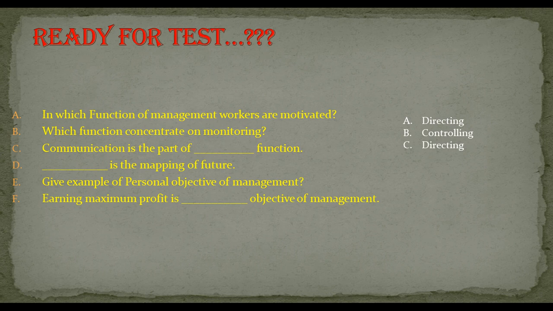Second, communication is part of directing. C. We try to tap the future in planning. Salary and perks are examples of personal objectives. Earning maximum profit is an organizational objective. So we come to an end of